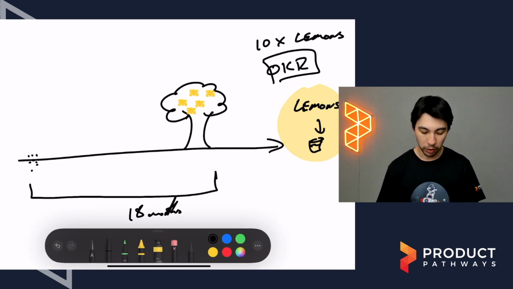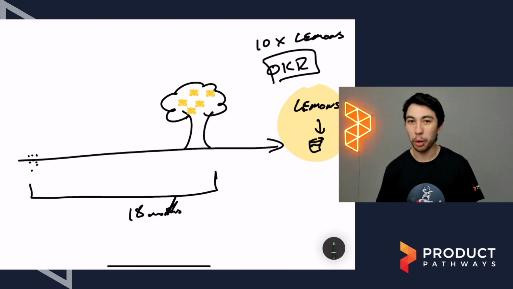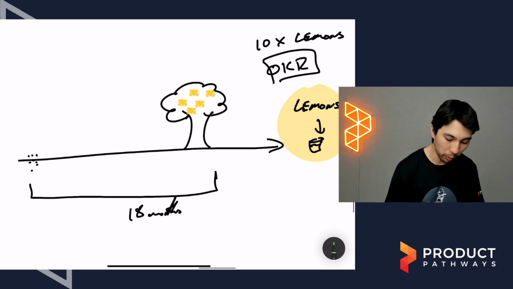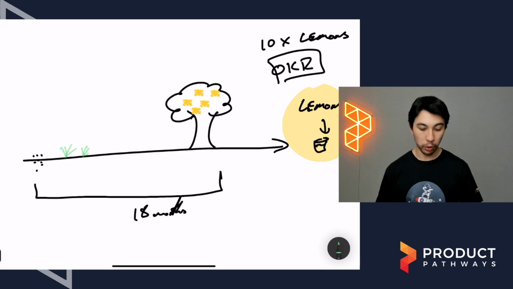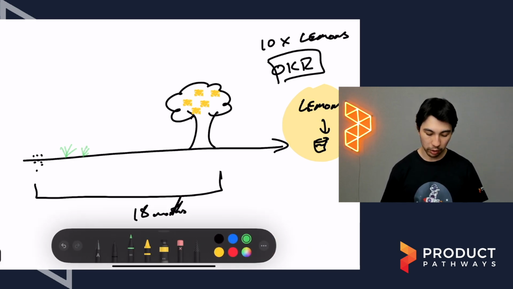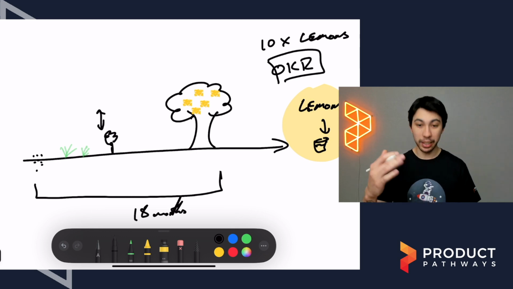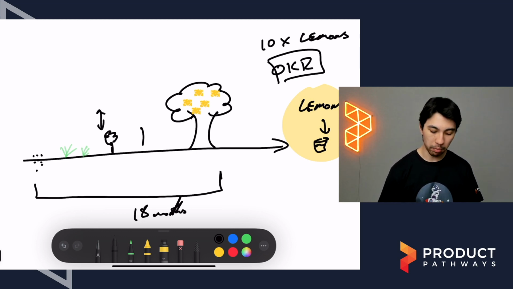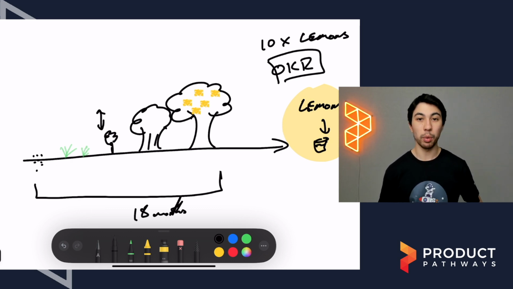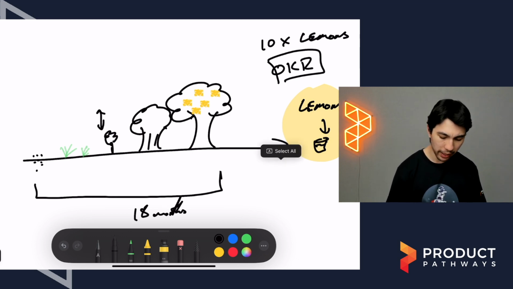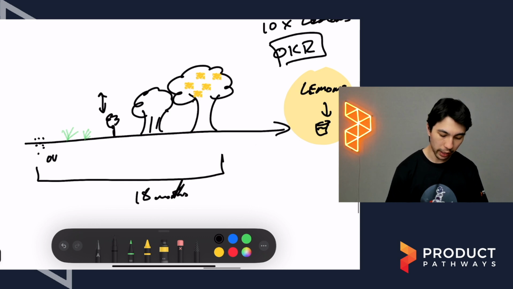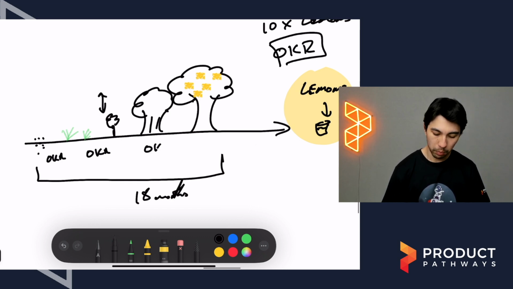So what can we do instead? Well, we can measure progress as we go. We could plant seeds and we could measure how many of those seeds actually germinated into something. We could then start to look at the growth rate, right? So as it starts to turn into a bush, we could maybe measure how quickly it's growing and sprouting up. We could then measure other things, right? Like the health of the tree. Does it look like it's going to actually give us what we hope it's going to give us? Those types of things.